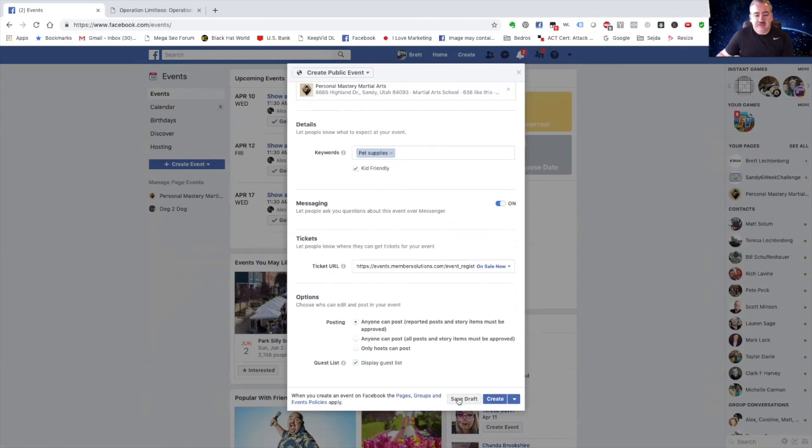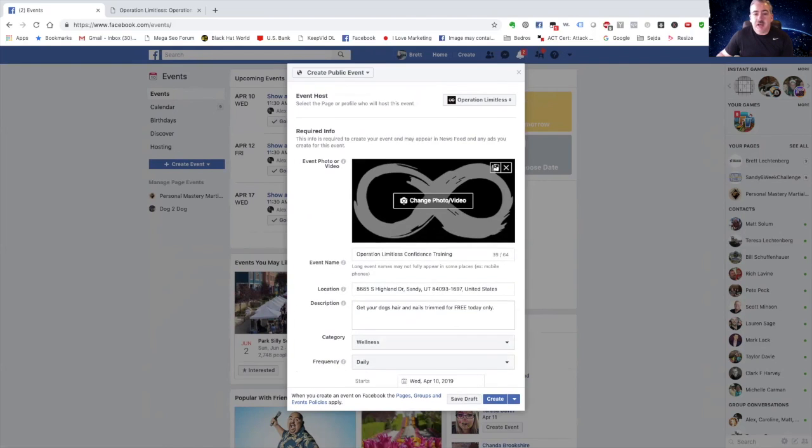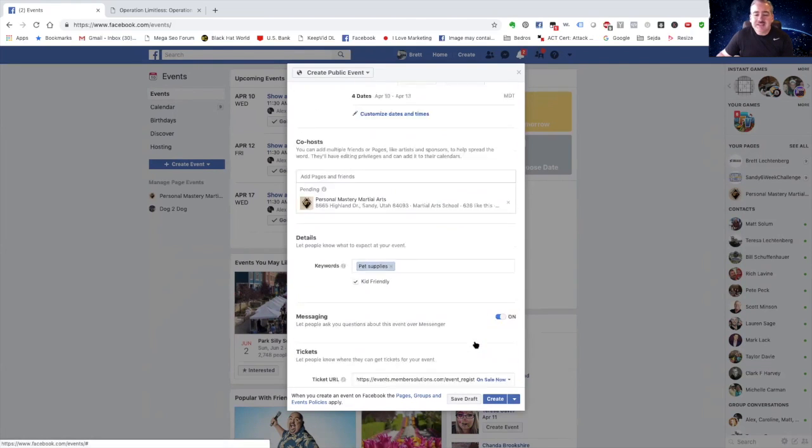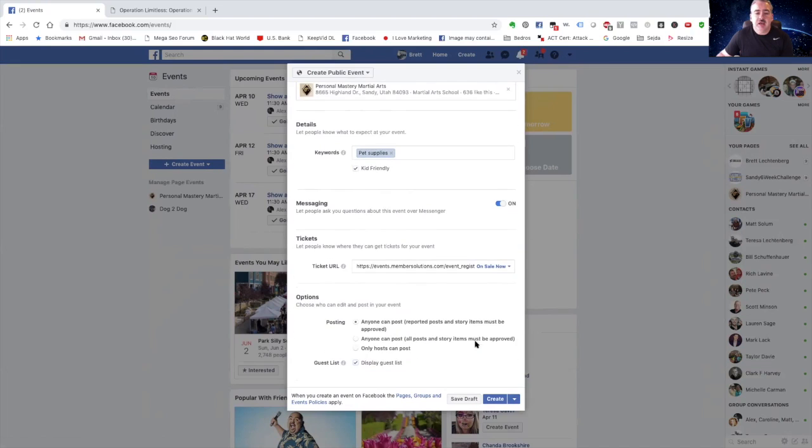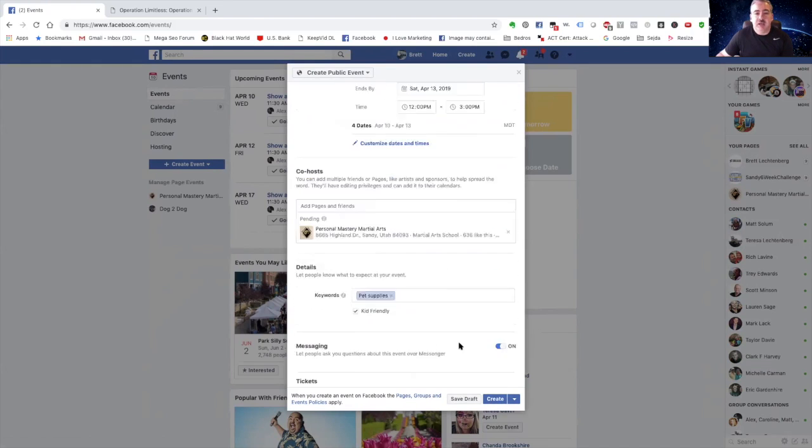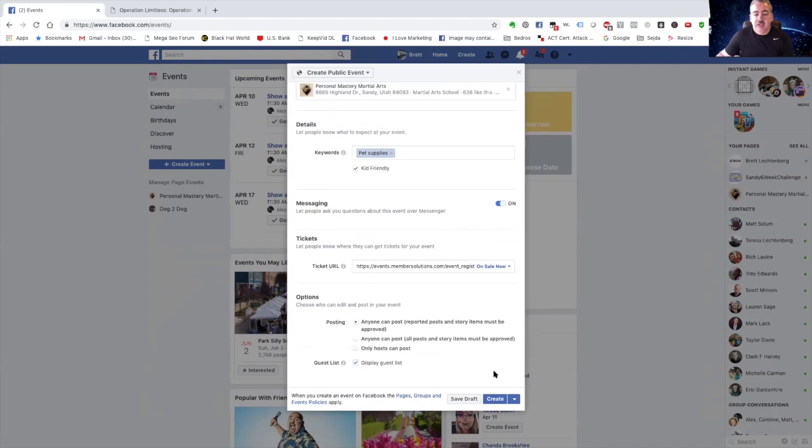You can then save it. Maybe you want to think about some changes. Maybe you think, well, maybe I don't really like that picture, or maybe when you got to here, you forgot to get your URL for your tickets, you can just save it in a draft so that you don't have to recreate this, then bring it back up later and you can make any changes you want. Other than that, you're going to hit create and bam, now your event's out there. And from there,